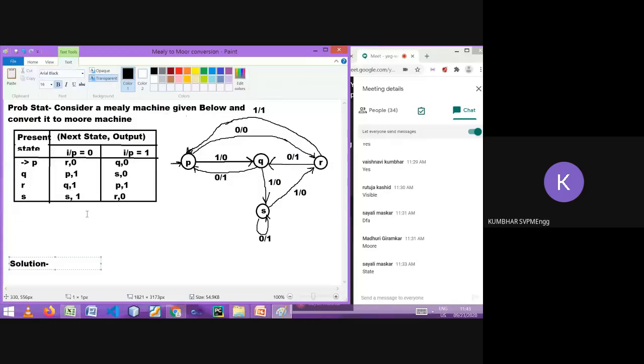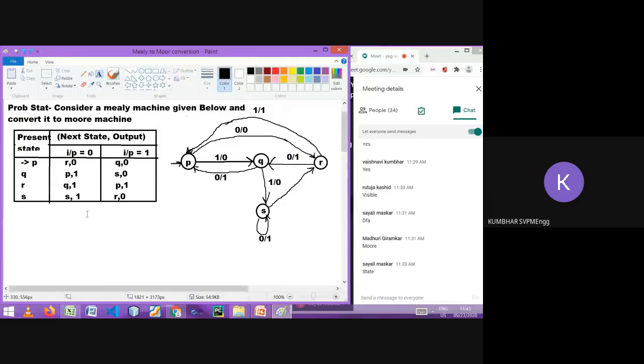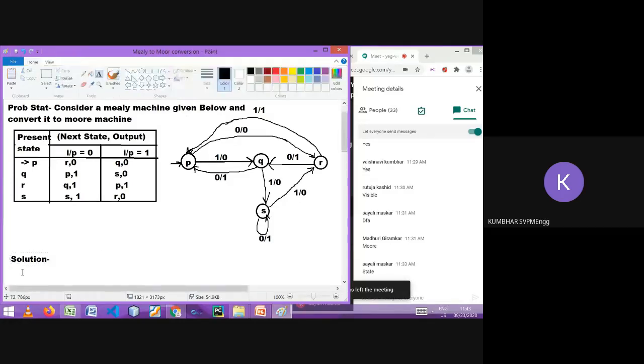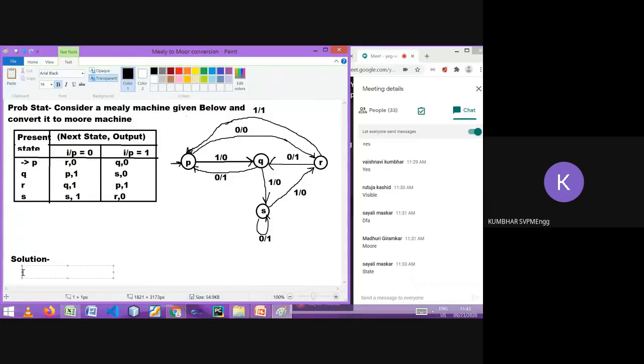Okay, so let me write it down. First step, we will start from the initial state.